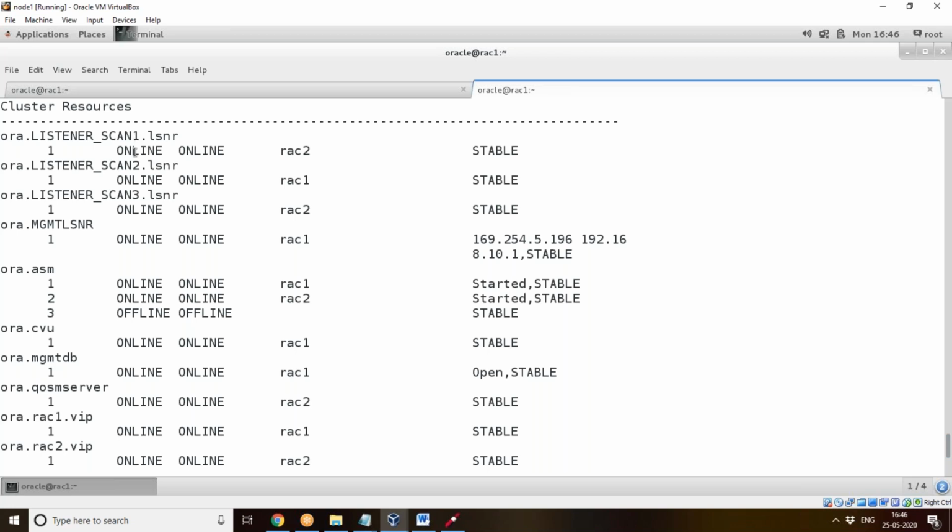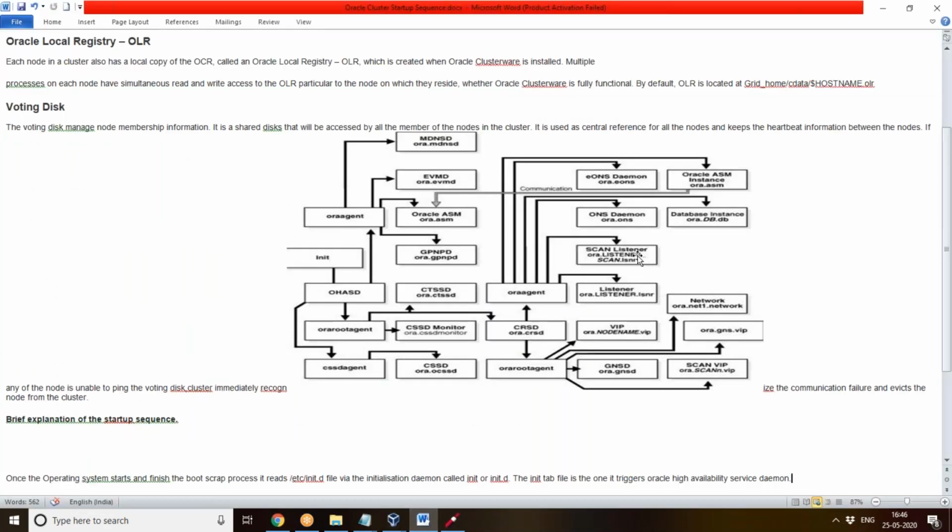These are the three scan listeners, the three IPs we gave now, which are maintained by Oracle only. And the normal listener, which we used pre-12c also, establishes the connection between the server and the client. So these are the services offered by the Oracle agent.